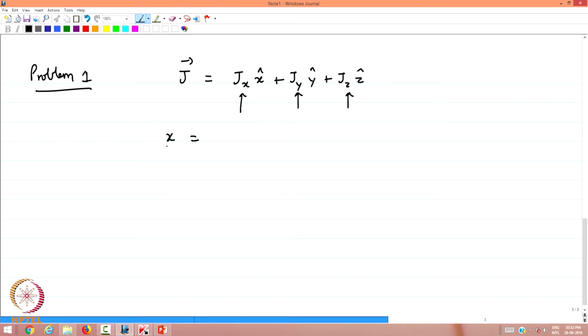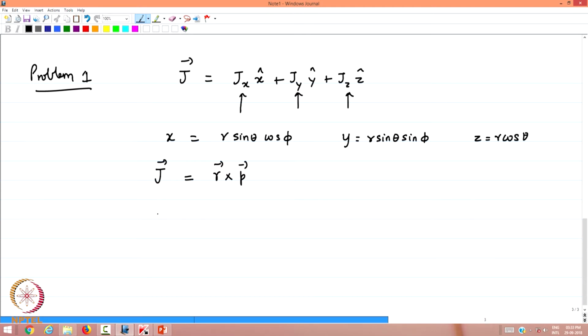The following transformations are x equal to r sin theta cos phi, y equal to r sin theta sin phi, and z equal to r cos theta. Okay. You are asked to calculate J, which classically is written as r cross p, and in quantum mechanics using